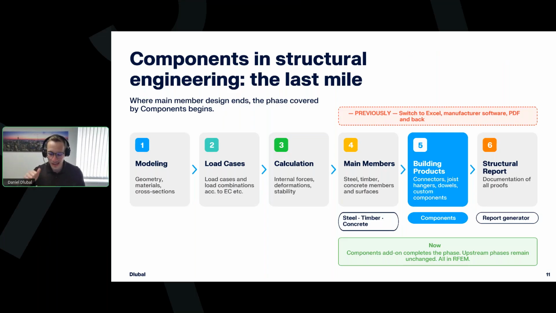And this gives you a lot of time back, saves you a lot of time, and also the flexibility to do really everything in one program, and also the certainty that you don't lose any data because of these transfer